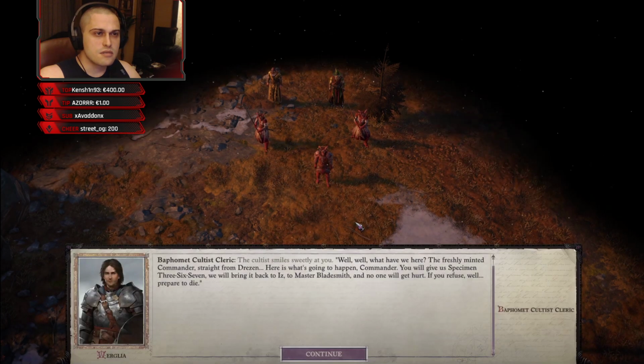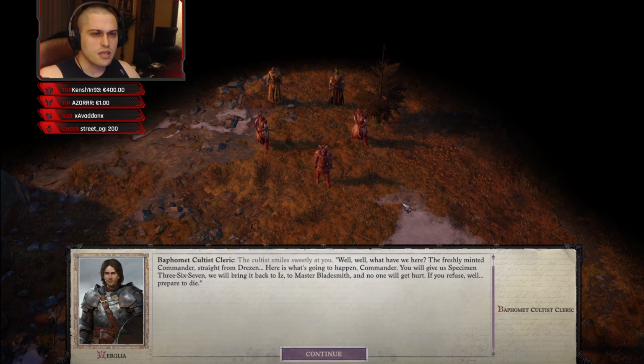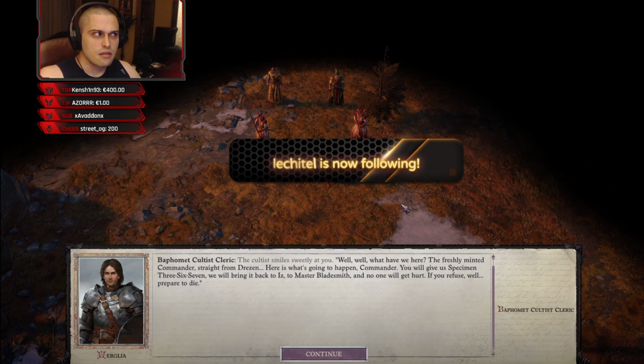What do you idiots want? What do we have here? The freshly minted commander straight from Dresden. Here's what's gonna happen, Commander. You will give us specimen 367. We will bring it back to Master Bladesmith, and no one will get hurt. If you refuse, prepare to...